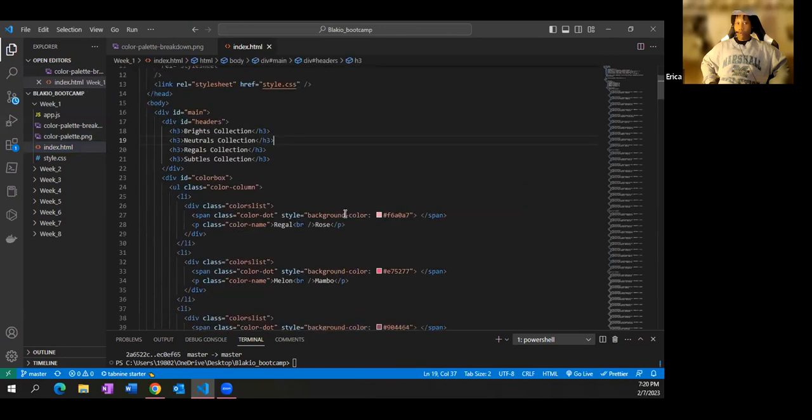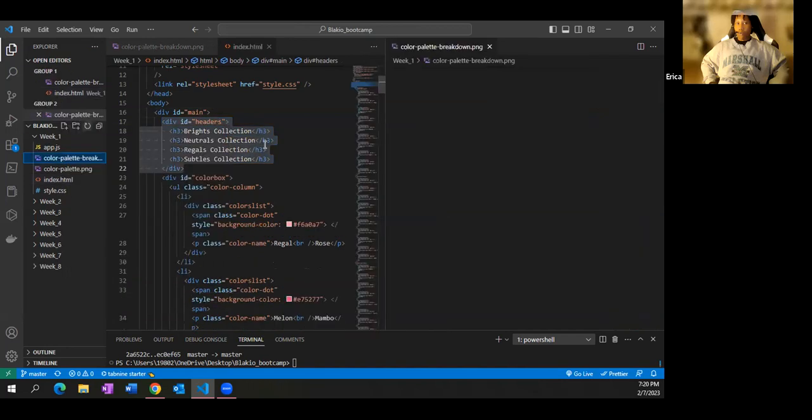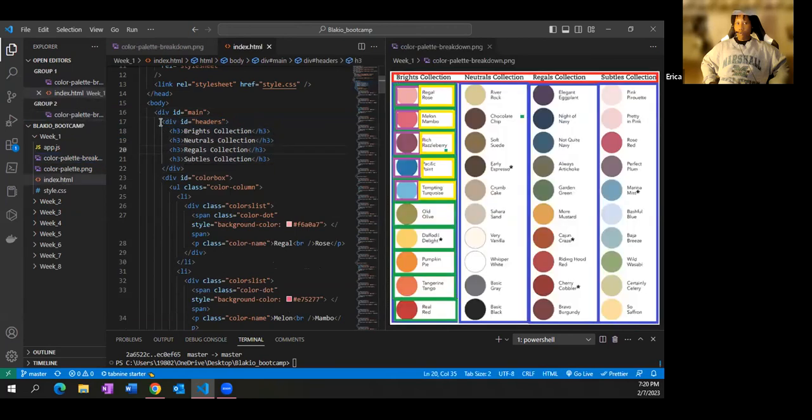But like I say, you don't have to do it the way I did it. So I put the headers in one div, and that's represented by that red. Let me bring this to the side. All right, so the red box, that will be this div.